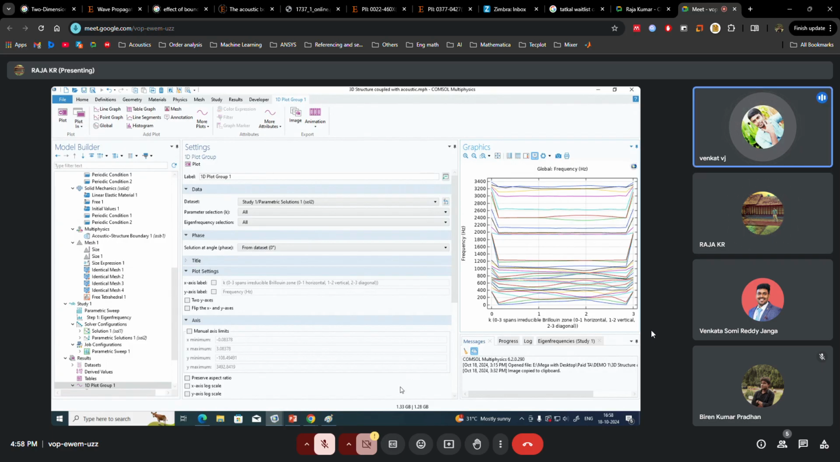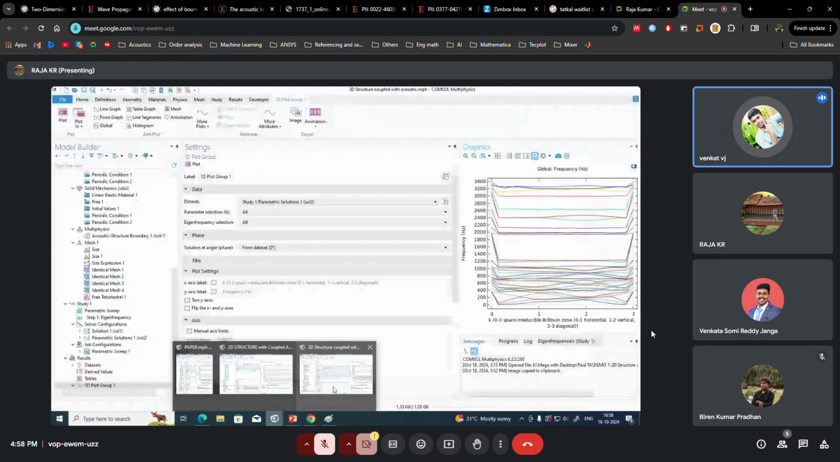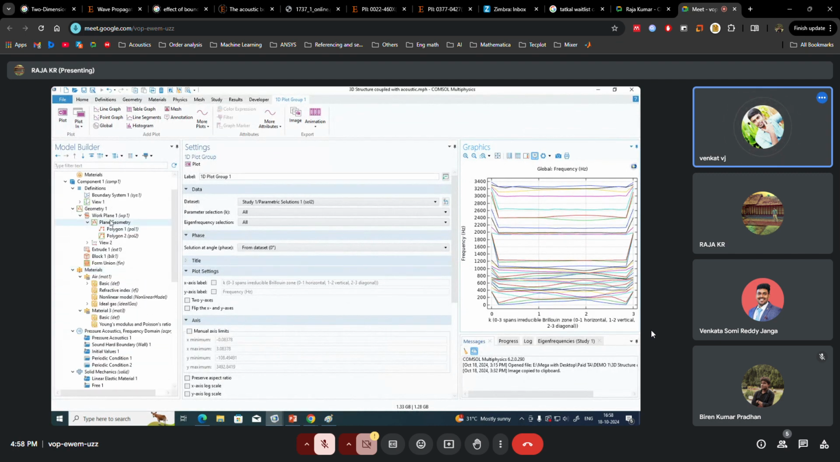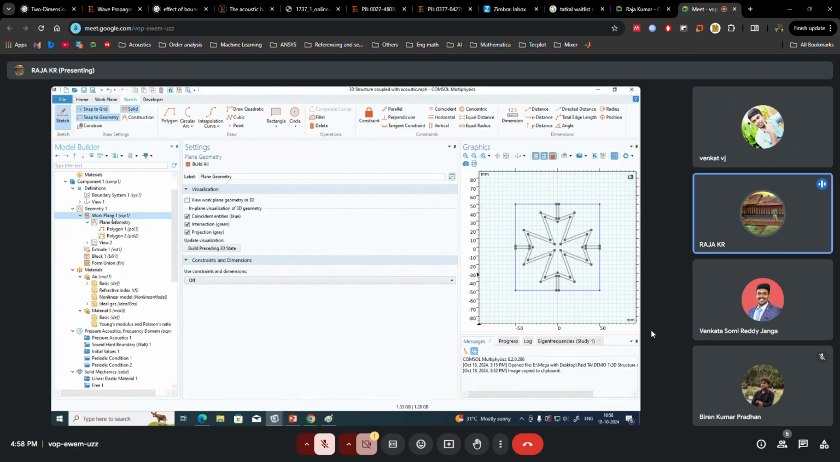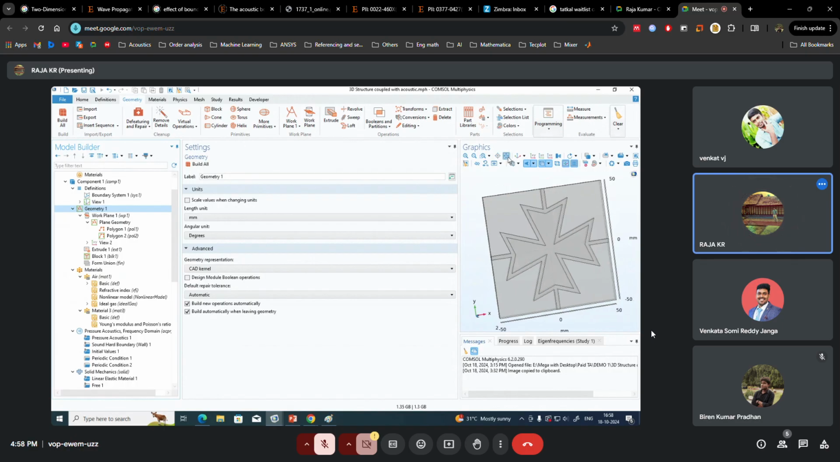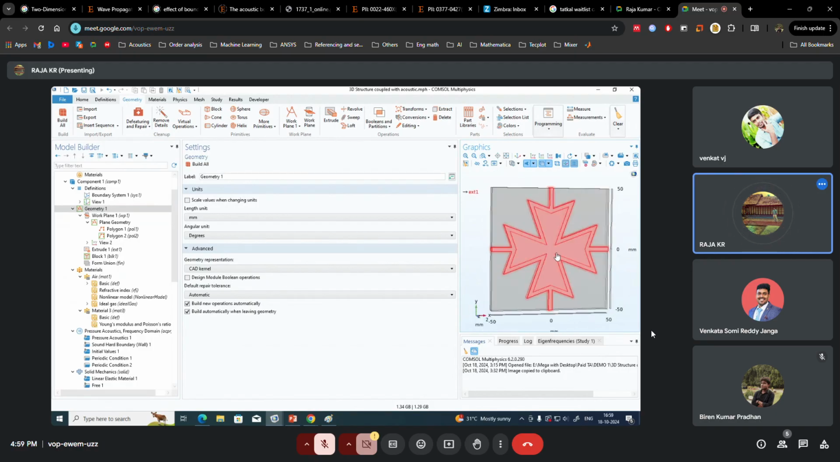Actually, the unit cell which we are using is complex, and it will be hard for us to design in COMSOL. Since you are not aware of COMSOL, you are thinking it is hard and tough. If you work 2 or 3 days, you will be able to draw this in COMSOL. When I first saw it, I wondered how they had done this, but now if you see it here,